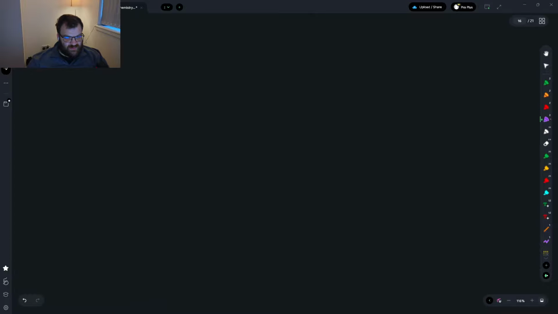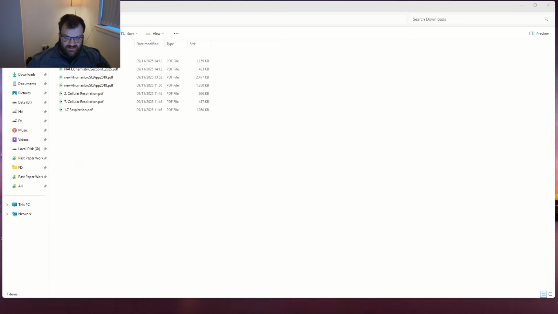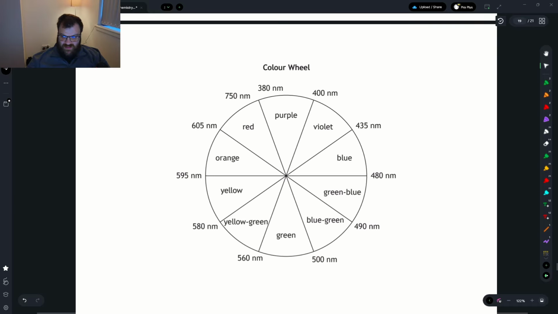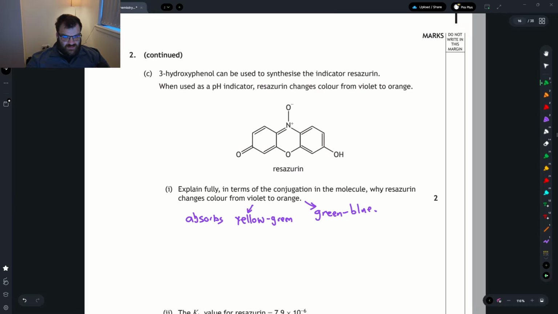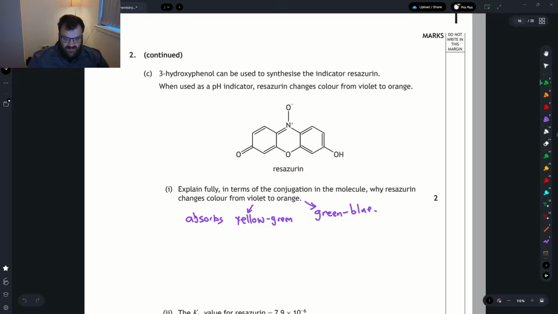Okay, one bit I would do is let's look at the colours that they will absorb. So violet and orange. If it appears violet, it absorbs yellow, green. If it absorbs orange, it will be green, blue. Okay, so the new one, green, blue, yellow, green, right. So it's a smaller wavelength. So it absorbs shorter wavelength of light